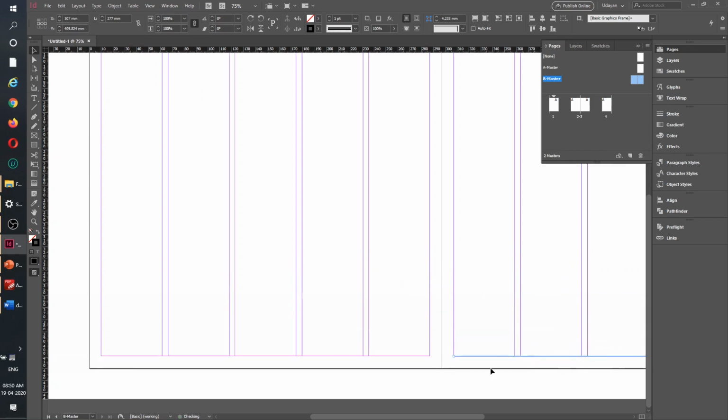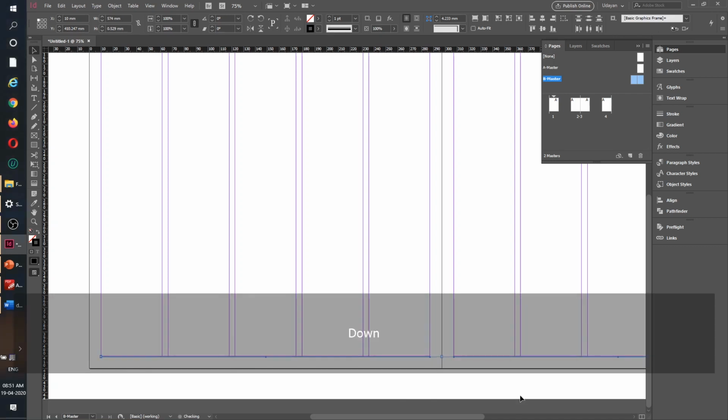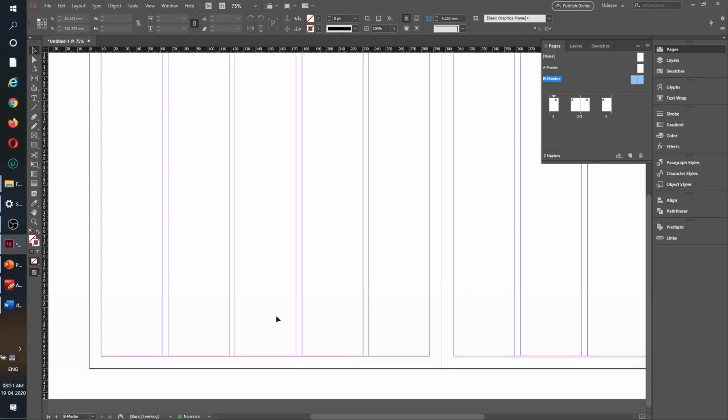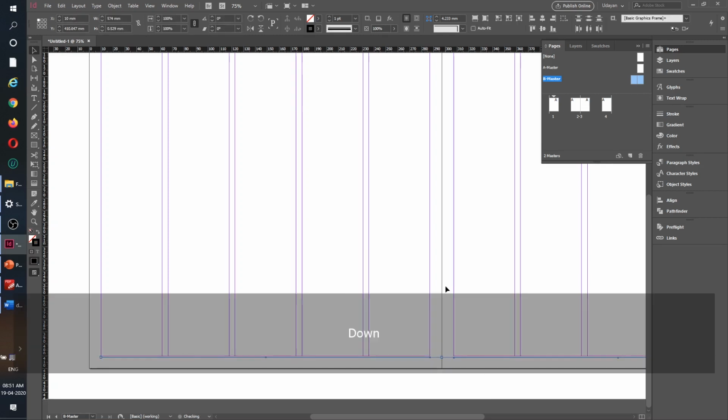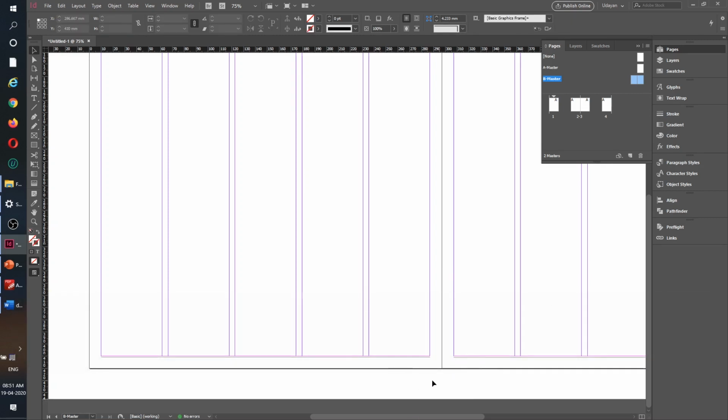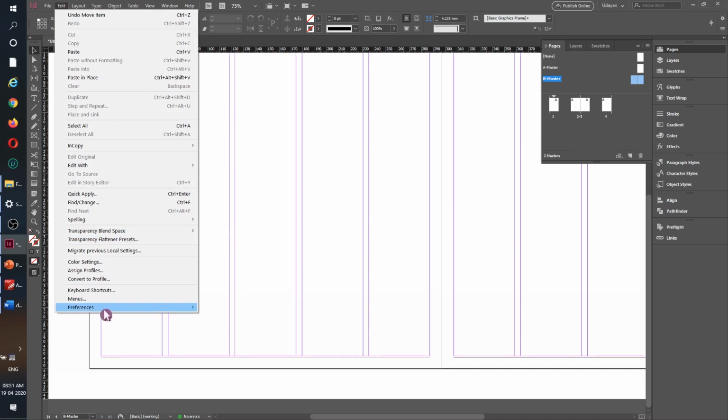So now we are good with, here also I have one, here also I have one, but both of them are very difficult to see. So we select them and press the down key 10 times, because each time we press the down key, it moves by a gap of 1/10 of a millimeter, because we have already made this 0.1 millimeter, if you remember.